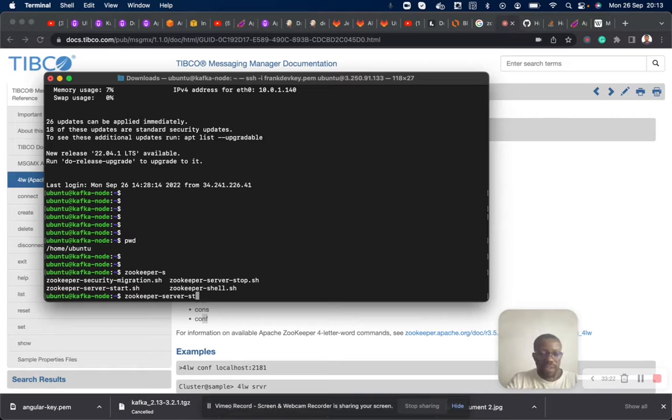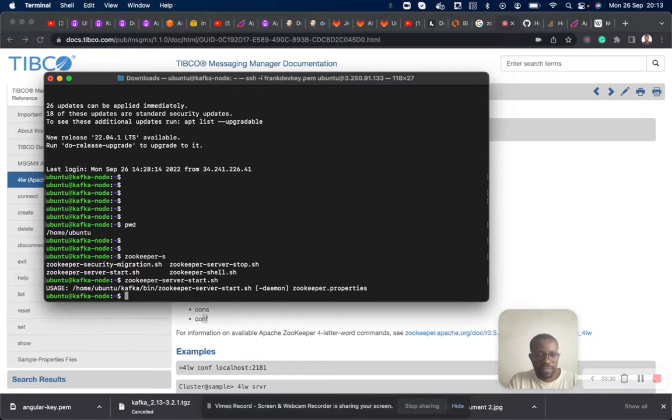I will pass it along with, let's see. Okay, it needs a configuration file. I can also pass, let me see if I can get that. I can't get that directly, because I didn't set that as well.